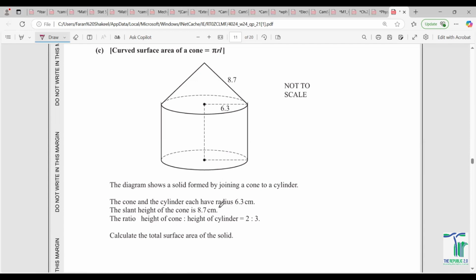What is given for the heights here? Ratios are given, right? And other than that, the cone and the cylinder have a radius of 6.3, and on the other side, what do you have? 8.7. Got it? We need to calculate the total surface area of the solid. How can you get the total surface area of the solid? You just need to calculate the height of the cone, and this is the height of the cylinder. If this is 2, this is 3, right? Surface area of the solid. Total surface area of the